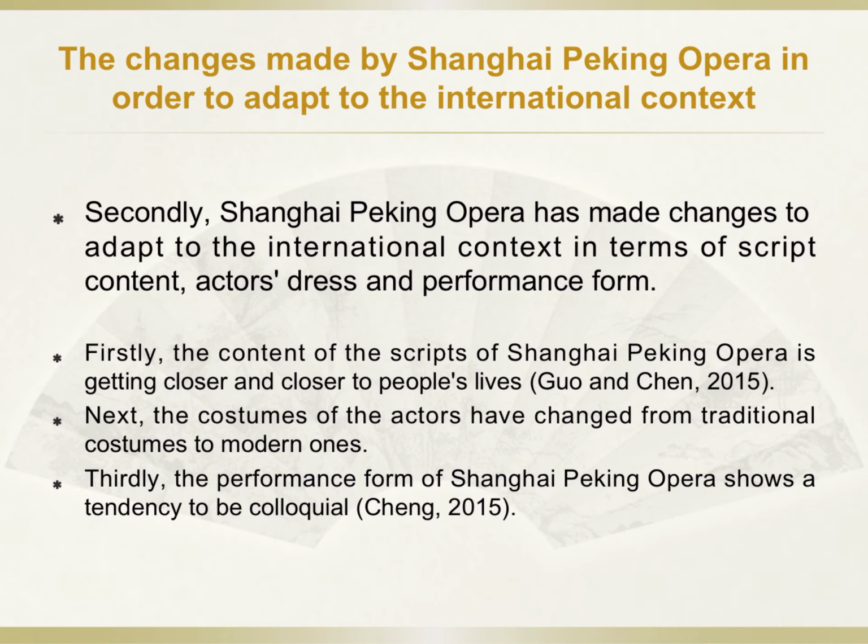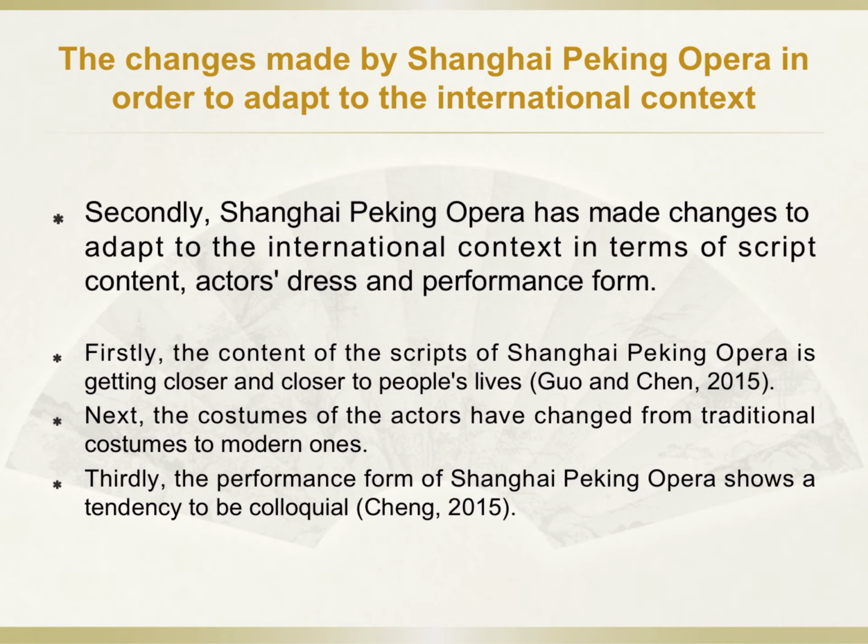operas. Finally, the performance style of the actors also changed. Their scenes part decreased, and the proportion of the spoken language increased, so that the contents of the operas were easier to understand. This may be because the popular performance form could more evoke the resonance of the audience. So the performance form of the Shanghai Peking Opera shows a tendency to be colloquial. For example, the dialogue in the public trial reached more than 5,800 sentences, while the scene were only about 500